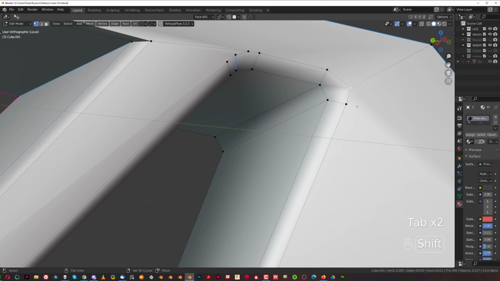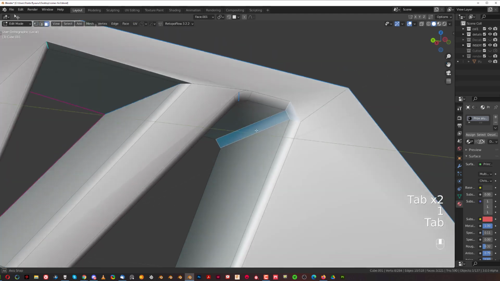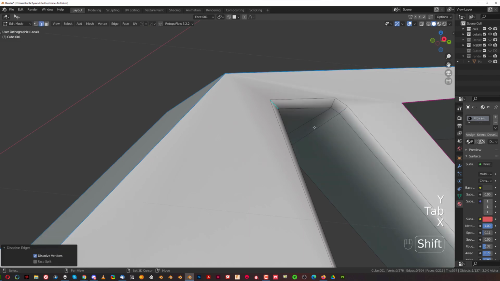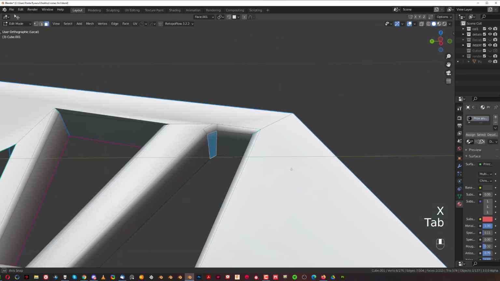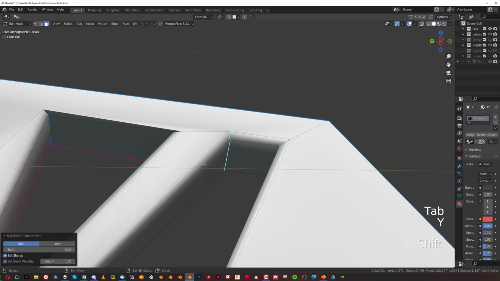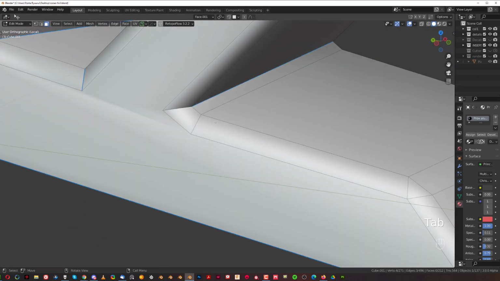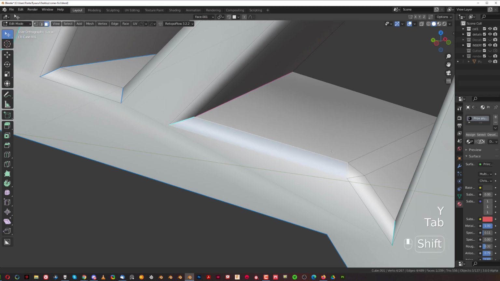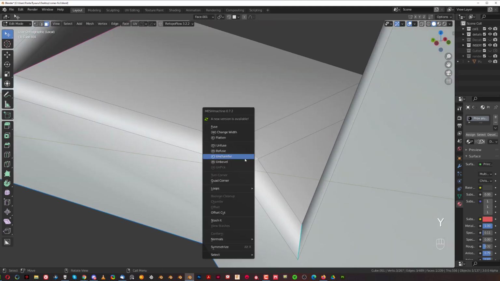And then this one needs to be connected. Otherwise, you're not going to be able to connect these. And then unchamfer. Then remove this edge. And then unchamfer this one. Which will not work because reasons. Okay. Unchamfer. Perfect. And then we have to unchamfer this. So unchamfer. And then the last one here, we need to create quad corners